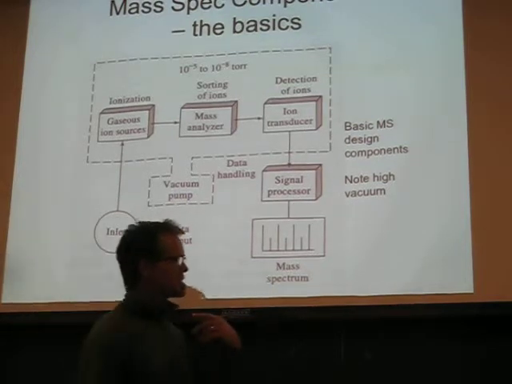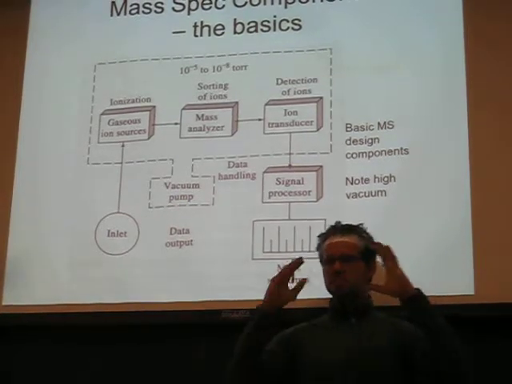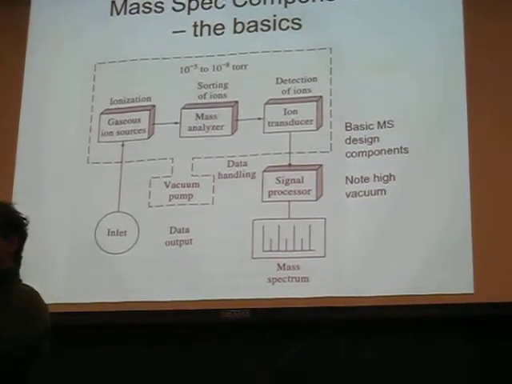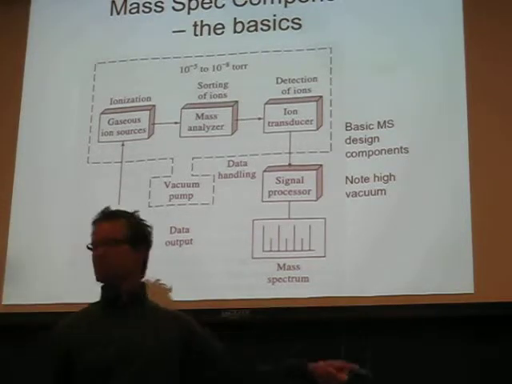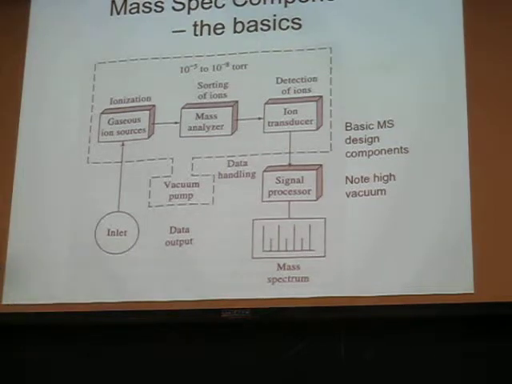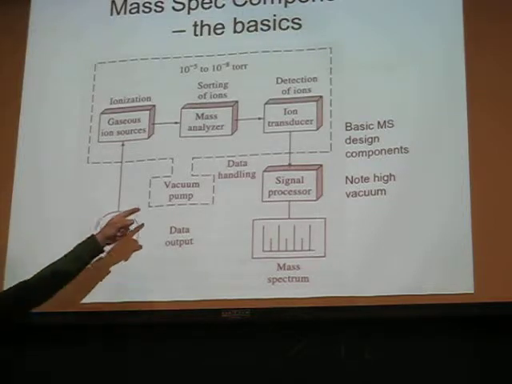What happens if we start accelerating ions in a space that's at atmospheric pressure? They bump into oxygen, they bump into nitrogen, they bump into those gas atoms that are part of air, right? And what happens if they bump into those? It deviates their trajectory, and so you don't count them because they hit the side, they're going off. And it's not only that you don't count the ones you want, but you end up counting ones you don't want, because if they bump into something they may establish a trajectory that we can detect. So all mass spectrometers have different degrees of